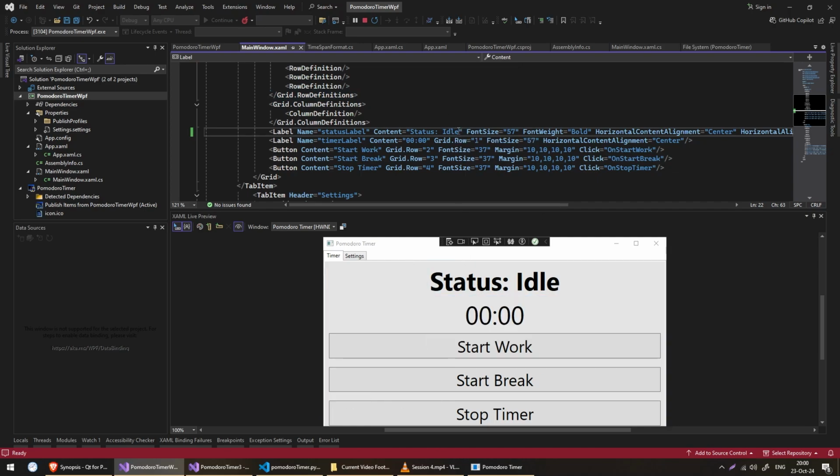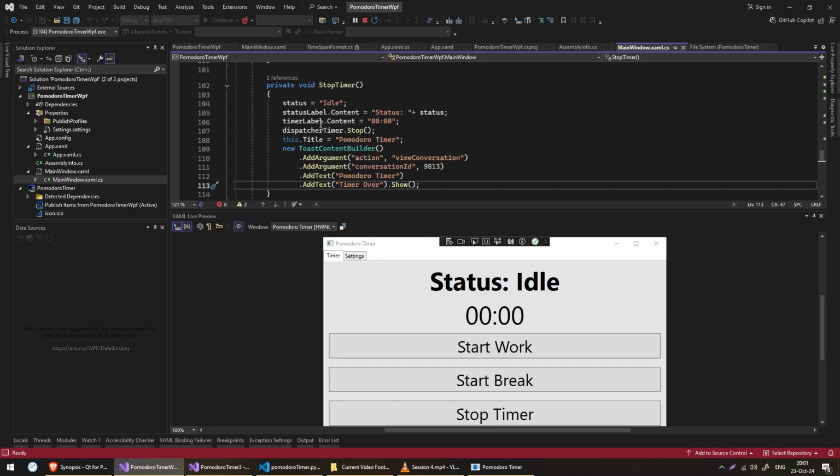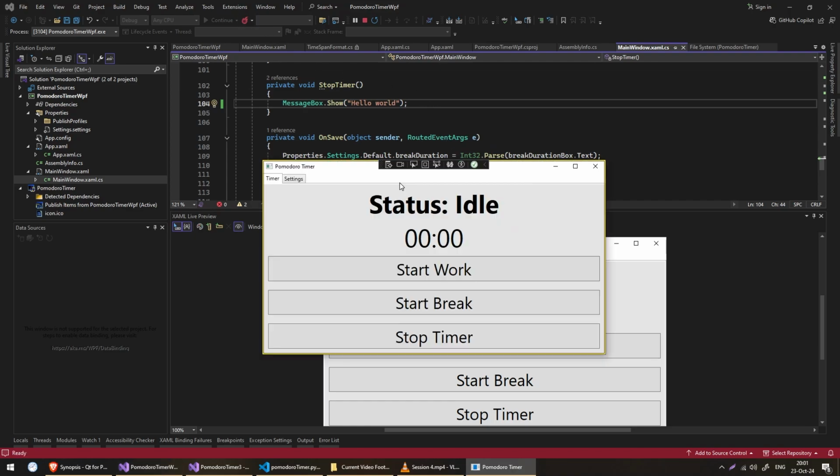While the application is running, you can change whatever you want, and it is updated while the application is working. It works even for the code. Here is the functionality for stopping the timer, and I'll change it. I've changed it, but I have to click this button, and after clicking the button, here is the new functionality without resetting the application. It's very quick and easy to make changes.